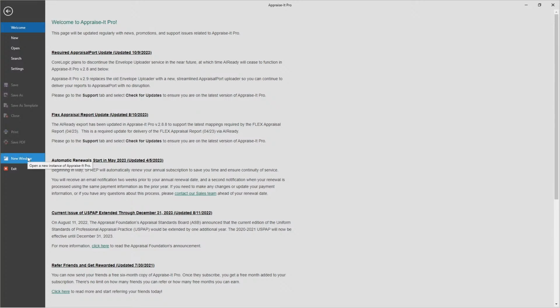New window will allow you to open up multiple instances of Appraise-It Pro. An instance is just, think of it as just opening up Appraise-It Pro again. And you can open up another report. You can open up two more reports, and you can have them all stacked on different monitors. You can copy and paste between them. So it's a great way to reference back and forth to an existing report if you need to. And it's something that Appraise-It Classic didn't really do. So it's kind of nice to be able to have two separate reports open in two instances of Appraise-It Pro